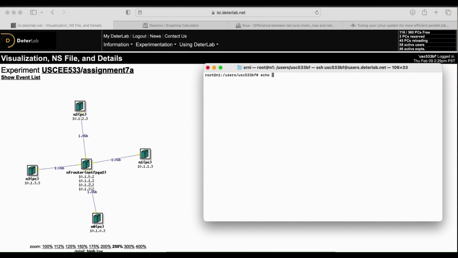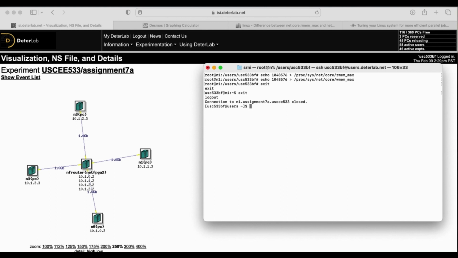Now we can run the same commands, thereby increasing the read and write buffer sizes on N1. Now let's run the server on N1 and the client on N0,